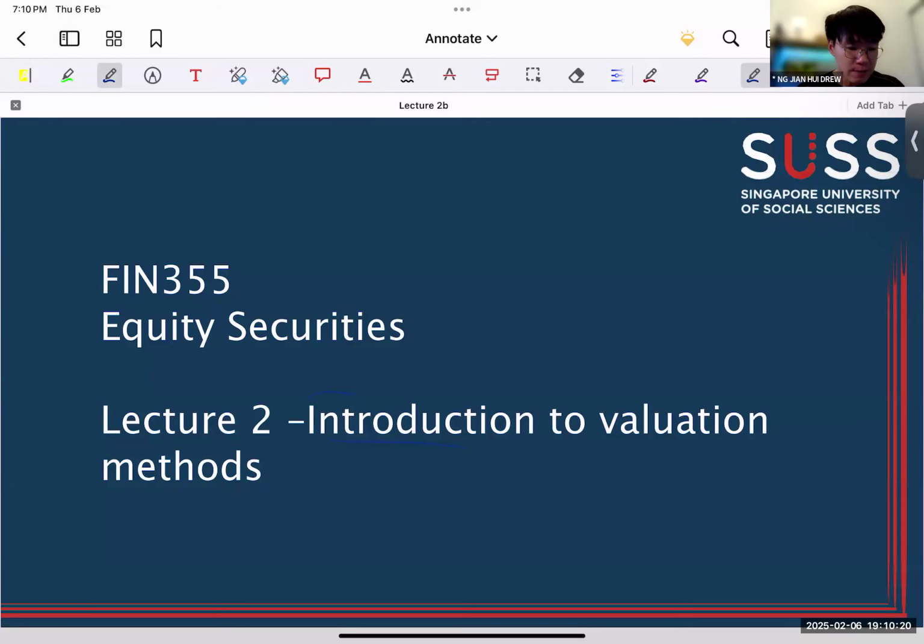Now, as the title mentioned, this is an introduction. So what does this mean? Because you all know that there's a class test for unit 1 and unit 2, right? So this lecture 2 on introduction to valuation methods will cover all the valuation models, but as a brief only. Then in the next lecture, we're going to detail each model. There's a lot of detail to go into.